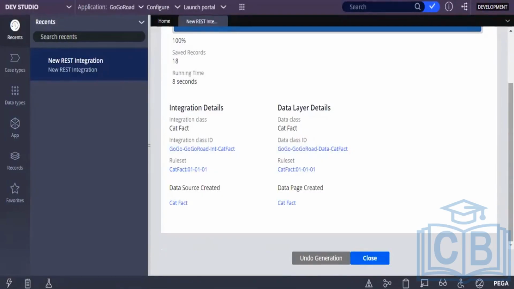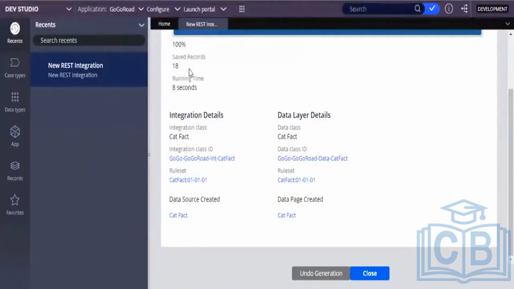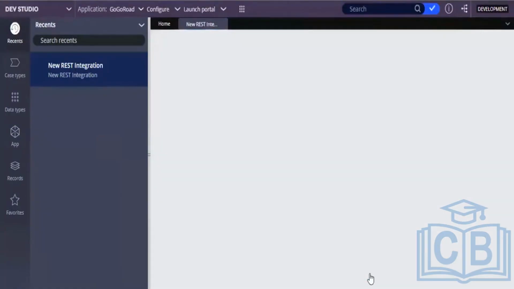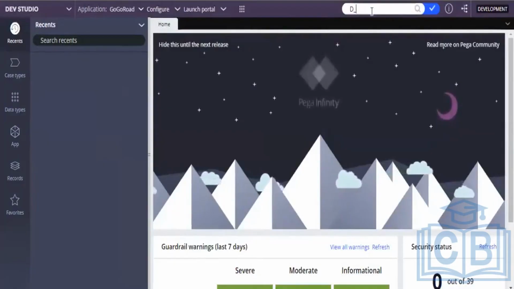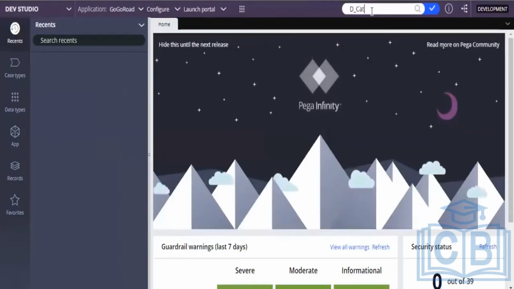Now you can click on close. This ID is completed. Here you can click on close and search for the D page. Search for the D page on the top, D underscore cat fact. You can see the source of the D page now.